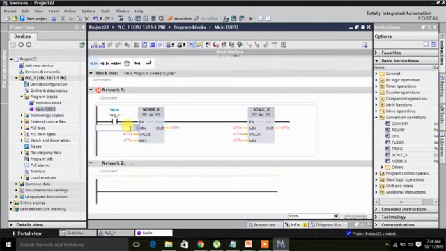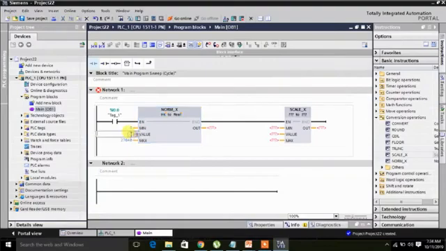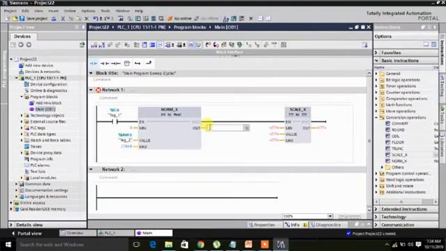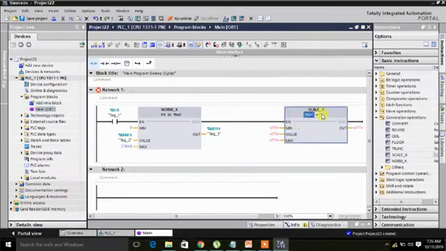Minimum value 0 and maximum 27648, we already discussed that in our last lecture. Here we select integer, here we select real, and here I will use a memory word, because here we need to use the analog input. Here we do not have an analog input, we are only simulating, so I will use one word here. Here it is converting from integer to real, so it is converting to a double word. I will use one double word. Then here it is real to real. So our range is 0 to